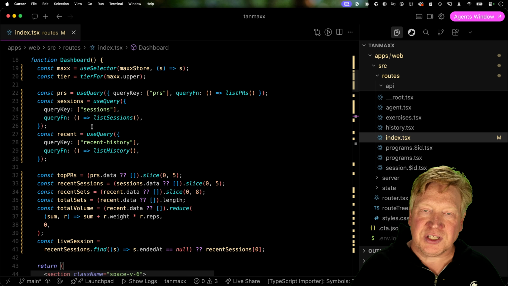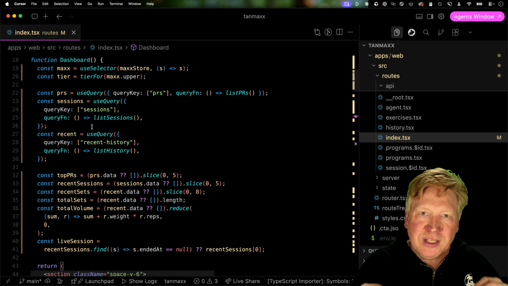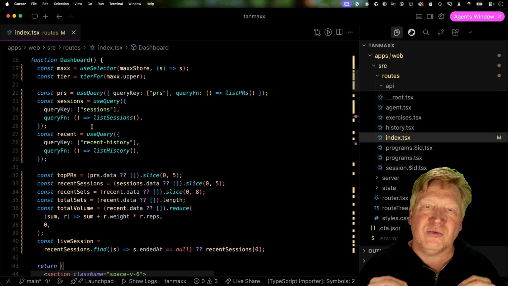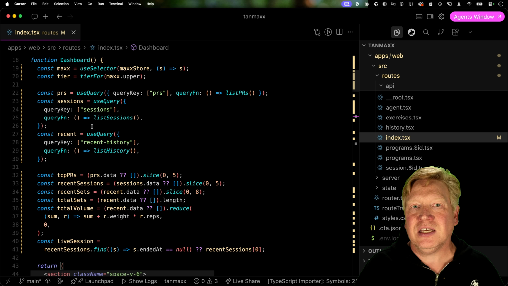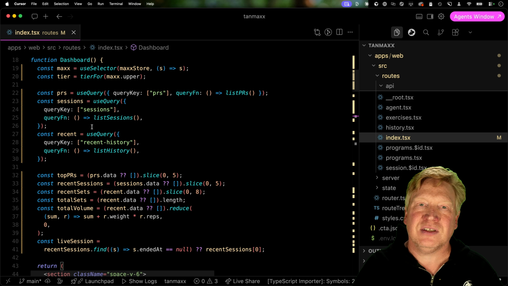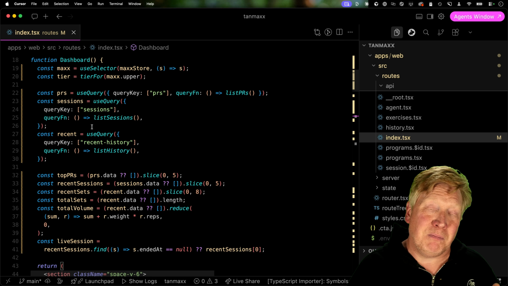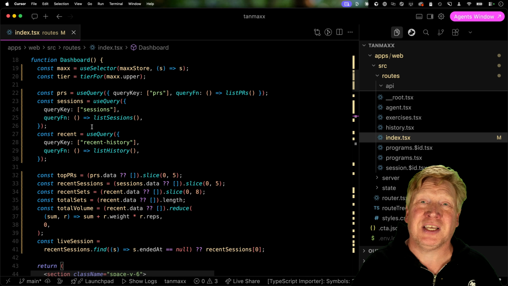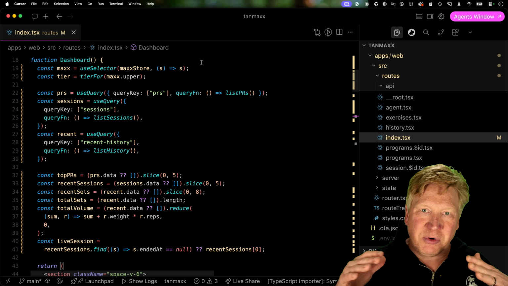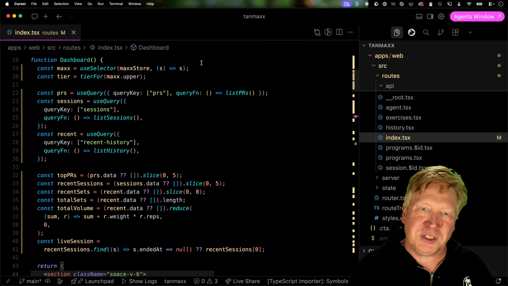And that's one of the things you're going to see a lot as we go through this: really succinct and solid React hooks that make it easy to build front-end applications that are reliable and allow you to focus on what's really important, which is building out the business logic of your application and focusing on what the customer wants. So let's dig a little bit deeper into the client experience and talk about some more cool TanStack projects that